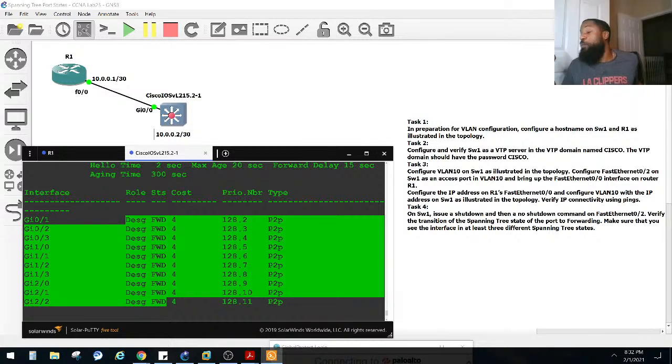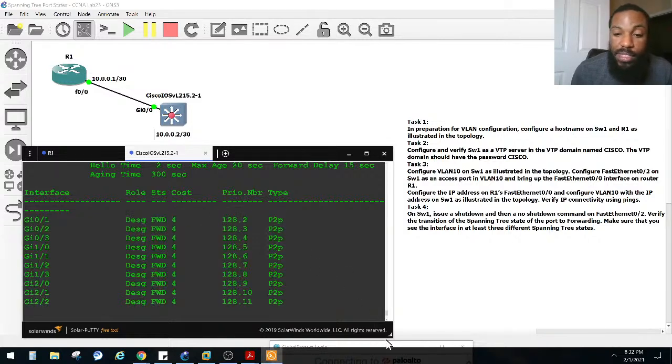That's correct. The root bridge. This switch is the root bridge. That is why all of the ports are forwarding. That's correct, Danny. They are all in the forwarding state because it is the designated root bridge. S-Move, you are quick on the draw as well, just not as quick as Danny or Paul B. But yes, that is because this is the root switch, and we can verify that with